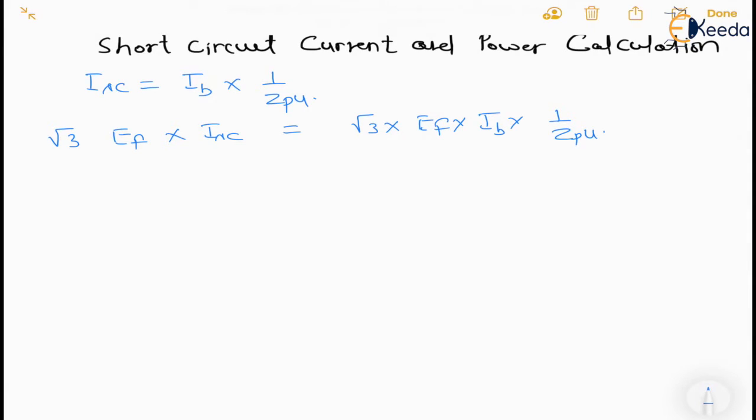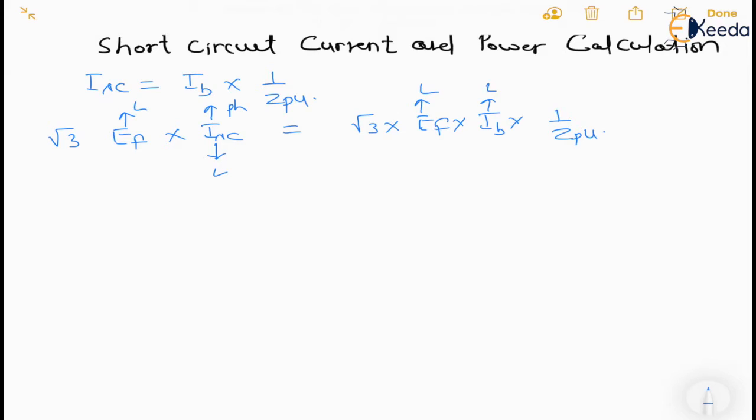So what you can see from here, as we have discussed earlier, this will be line as well as in phase, and this EF whatever we have taken here will be in line. So this is line value, this is line value, this is line value, this is line and phase equal. So either we can take phase or we can take line. Those will be the same. So what you can see is root 3 into VL into IL.